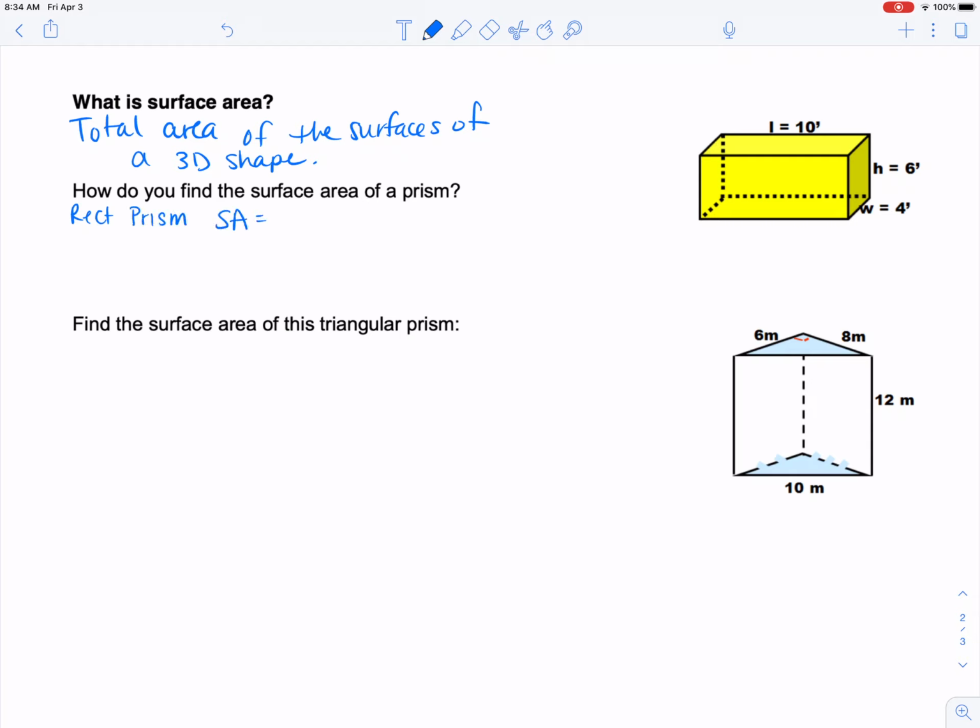So to get the surface area for the rectangular prism, I like to look at it like, okay, we have this front rectangle, which is the same as the back. And if you see, this front has the length of the prism and the height of the prism as its length and width. So I would first do the length times the height, that gets me the area of that front rectangle, times it by 2,